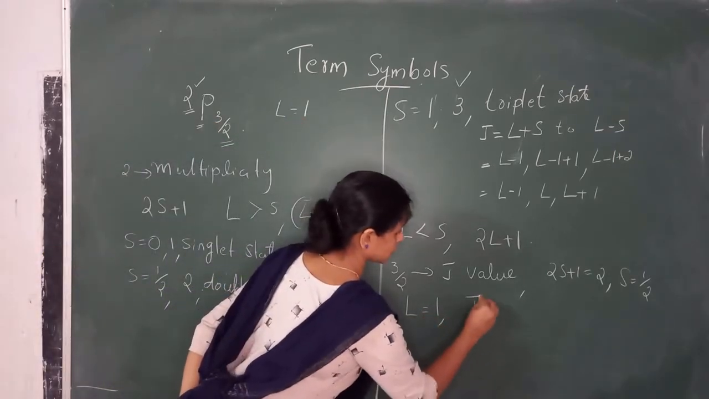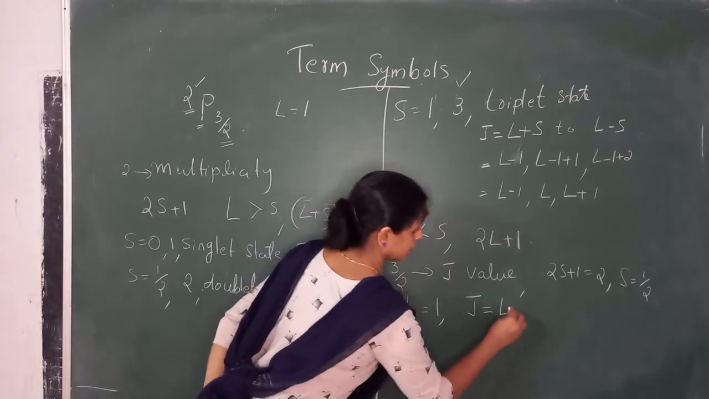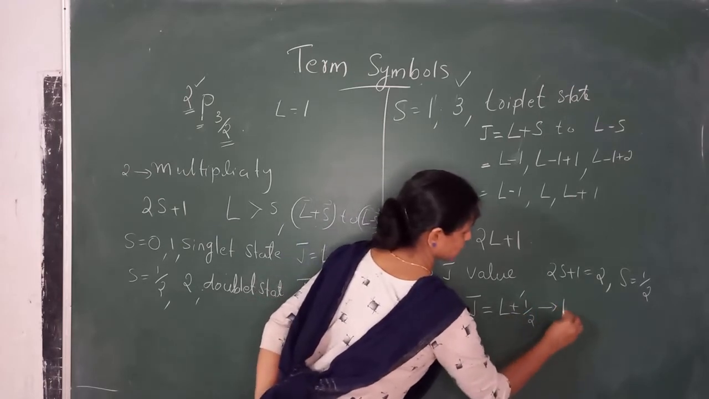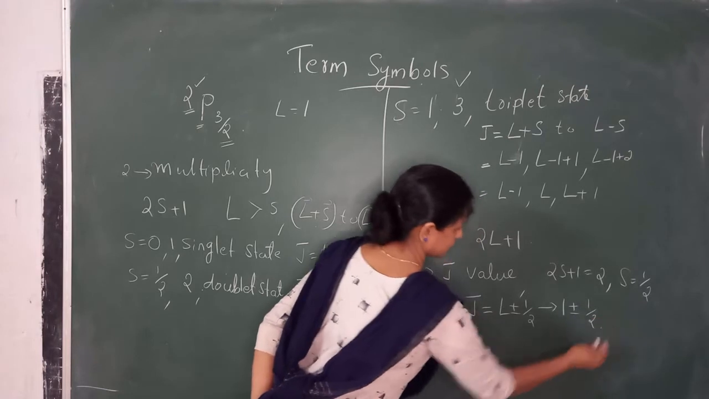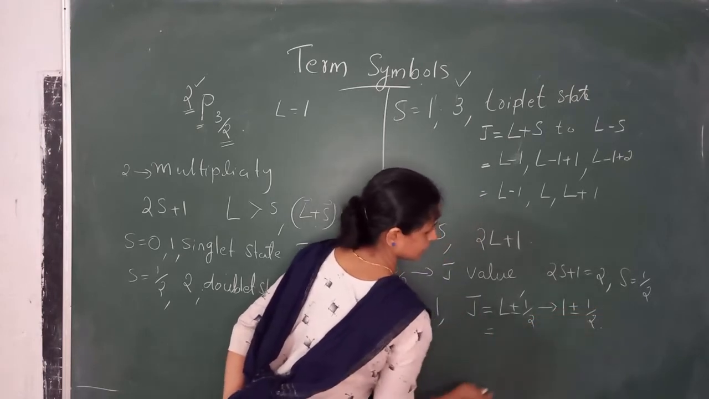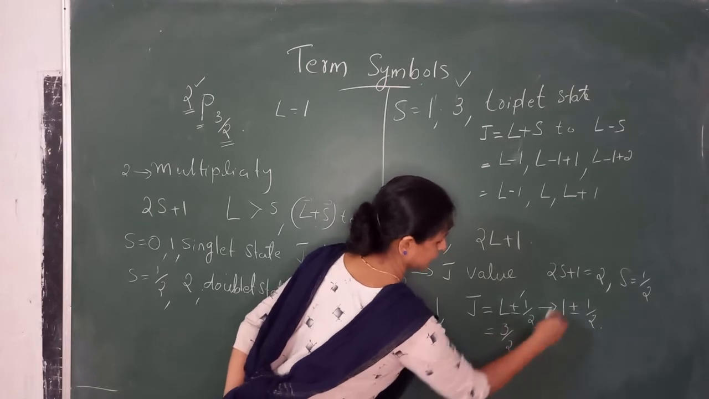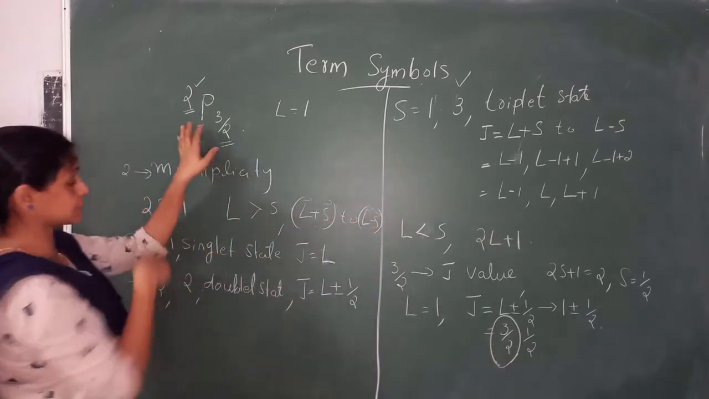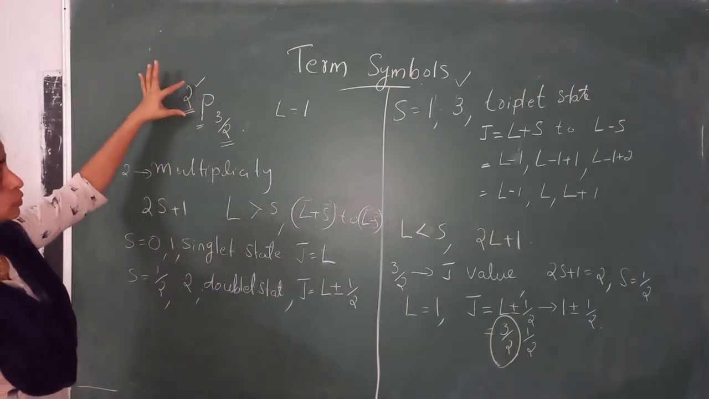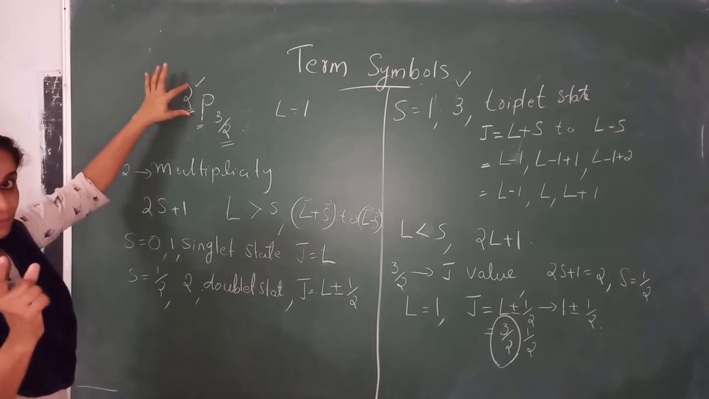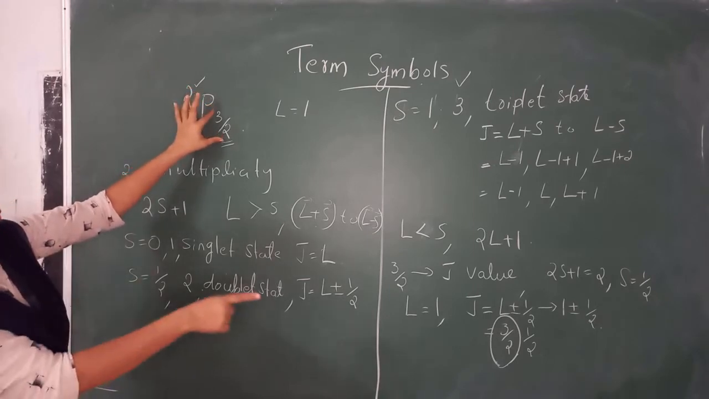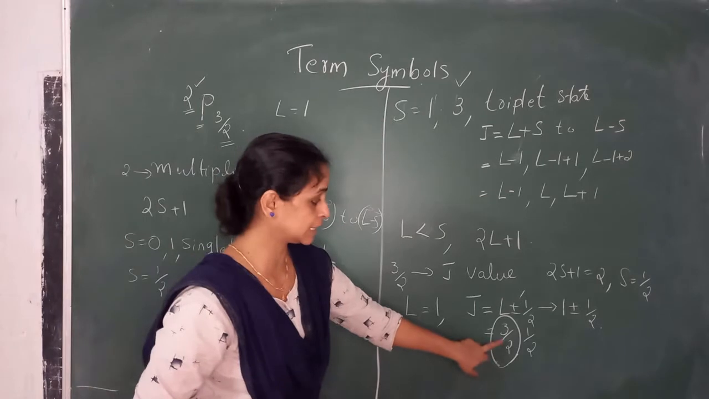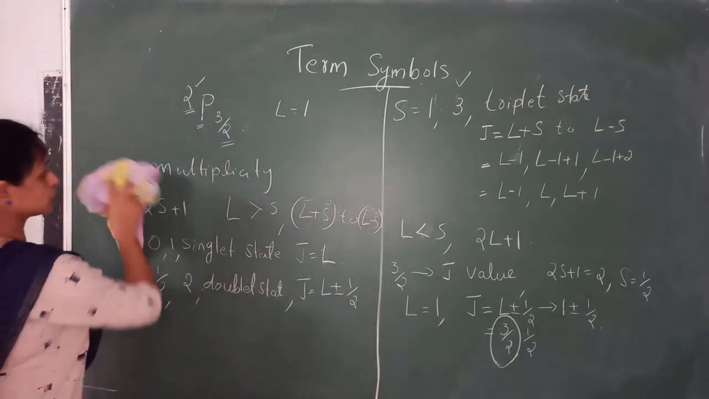So the possible values for J are L plus or minus half, and L is 1, so 1 plus or minus half. That means J can take the values 1 plus half, that is 3 by 2, and 1 minus half, that is 1 by 2. So this particular state, this J value is represented by this one. There are 2 possible values for J. This is the 3 by 2 value. So what are the different orientations for this J equal to 3 by 2 value? J equal to 3 by 2 will have